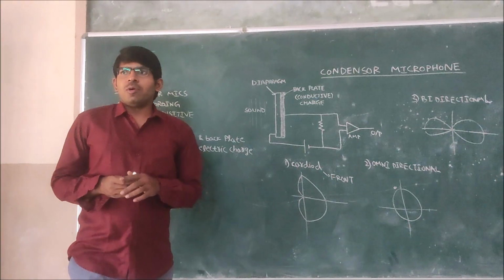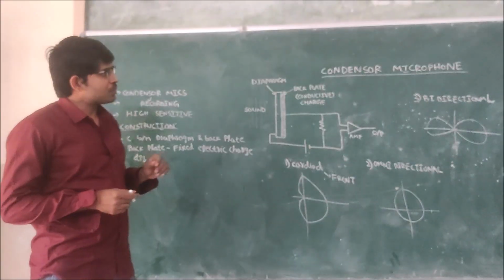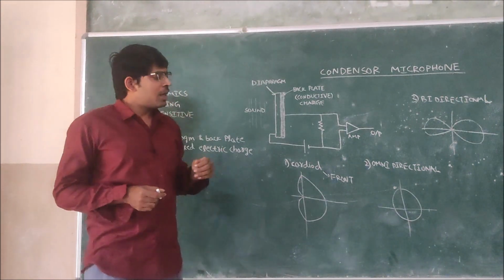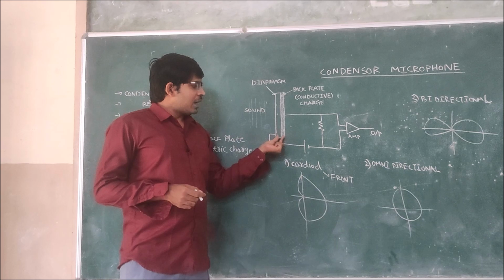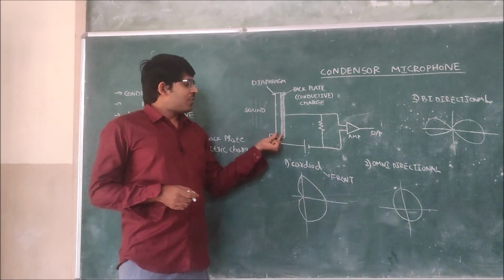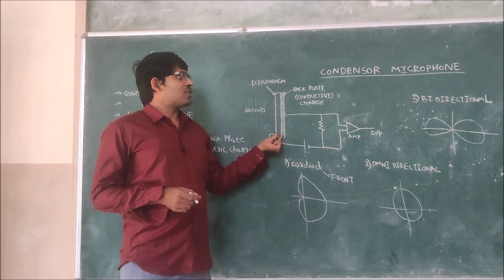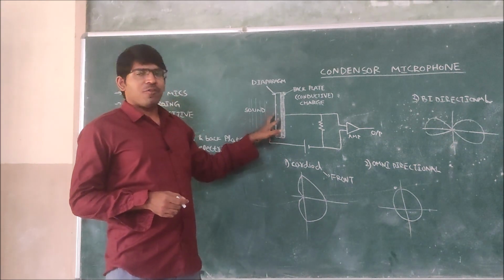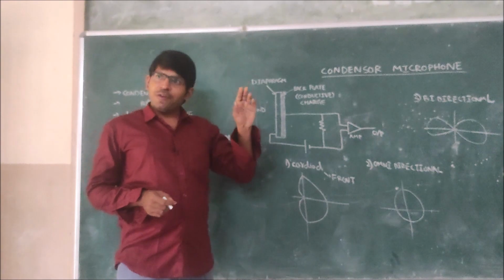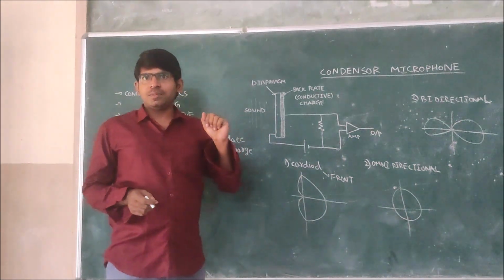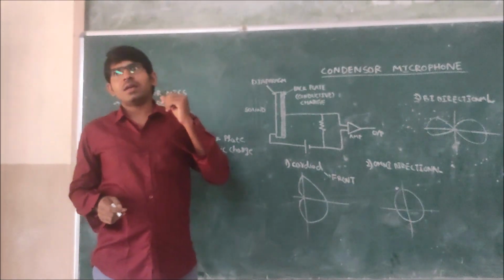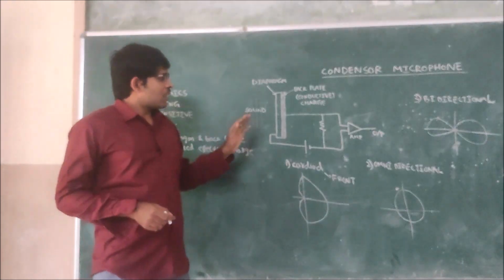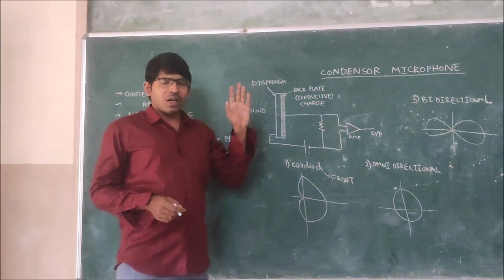Now we are discussing about the condenser microphone. We previously discussed the carbon microphone, in which we are using carbon granules. But now here we are using a diaphragm. The diaphragm is very flexible, a very thin metal coated plastic film. So when the sound waves touch this diaphragm